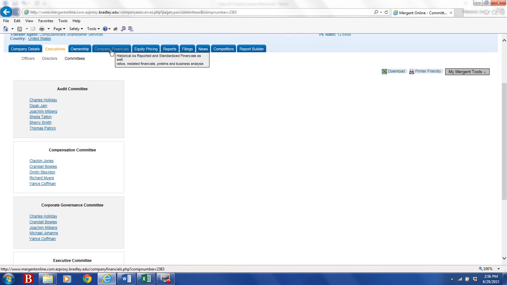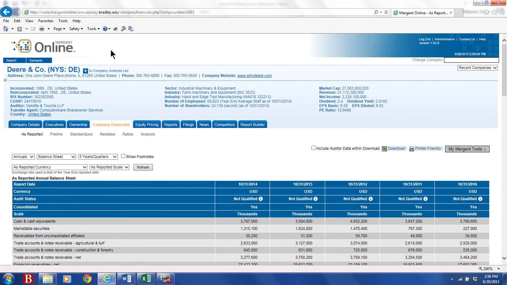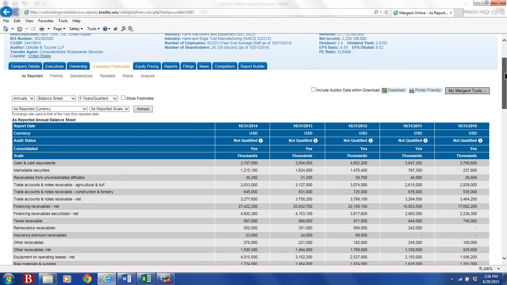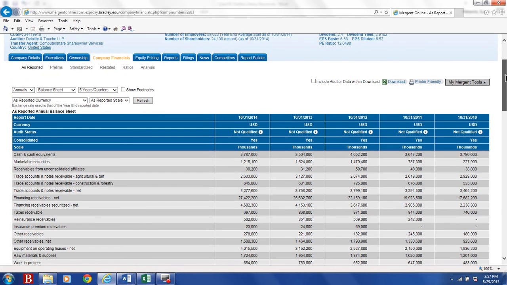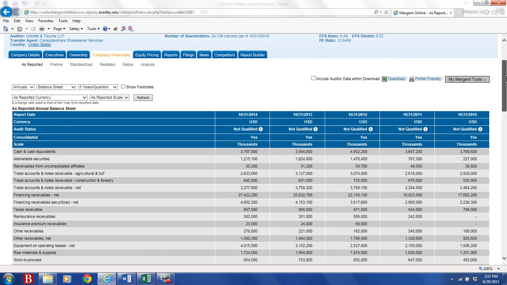We'll now move over to the company financials tab. And this gives you a lot of information and a lot of options as to how you want to better understand their financials. Notice, for example, that you can look at information either annually or quarterly. Notice that you can pick the type of income statement, balance sheet, retained earnings statement that you want to look at. Notice that you can also pick time periods for displays, right? So in this case, it defaulted to annual information,